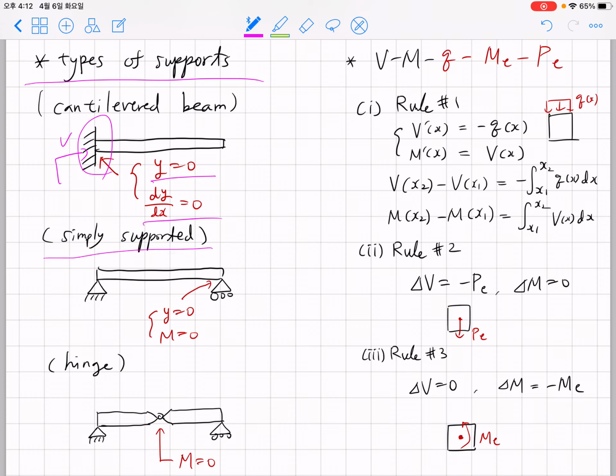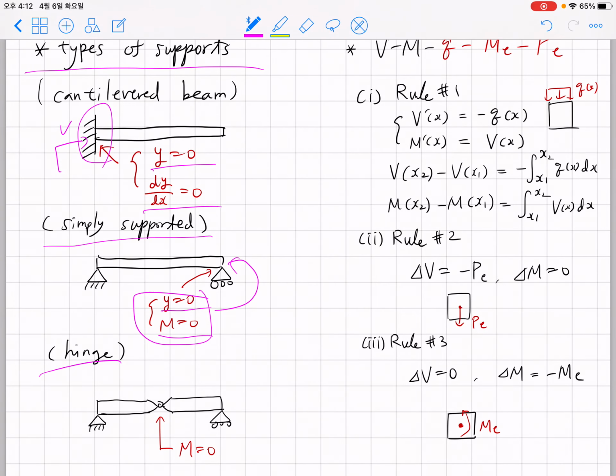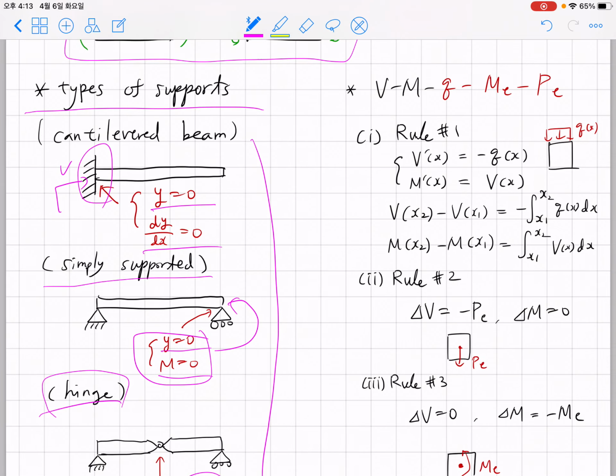And simply supported support means that y equals 0 and M equals 0. This is the boundary condition at this point. And hinge, the boundary condition for hinge is only this, M must be 0. Right, so these are the boundary conditions you have to consider when obtaining shear force and moment as a function of position. Now after we discussed loadings and support, we studied the relationship between shear force, moment, and